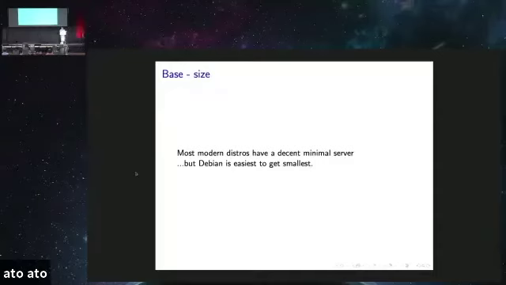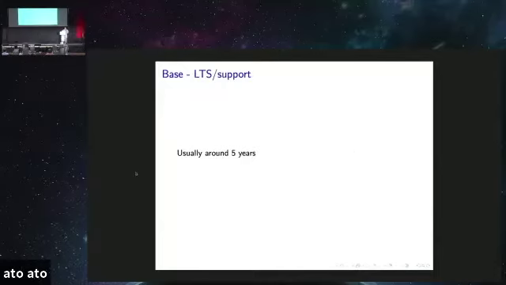Because like I said, this is not to say that they're not great for other reasons. We are specifically talking about containers for Python, right? Maybe they're great for other stuff, not for our use case. The next thing you want is to figure out your long-term support version, right? And the reason is because